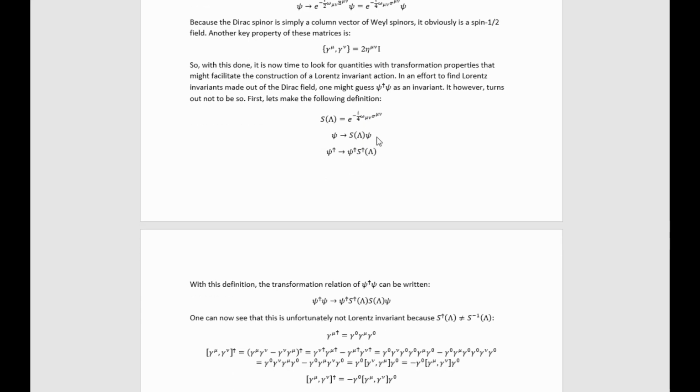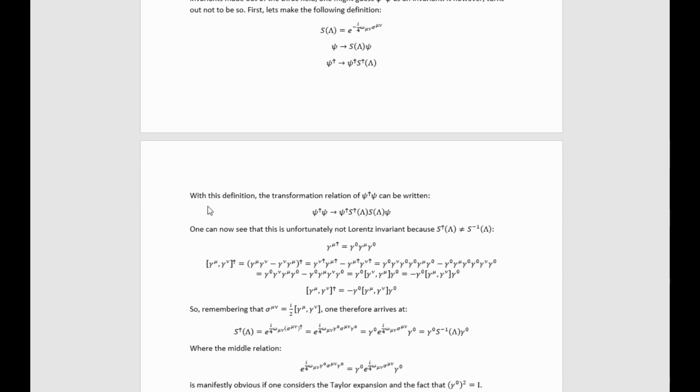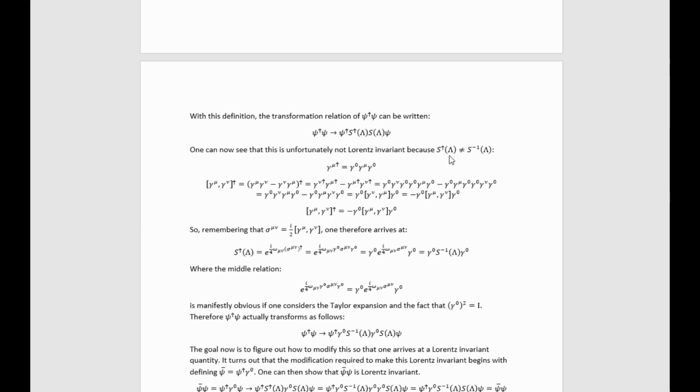Then we have this transformation relation and then this Hermitian conjugate transformation relation. With this definition, the transformation relation of psi dagger psi can then be written here, which would be an invariant if S dagger were equal to S inverse, but it's not. In order to figure out what S dagger does equal in terms of S inverse, first we need to note